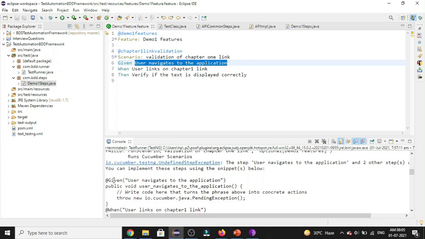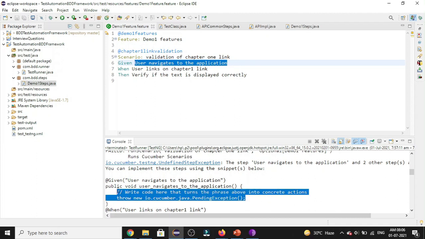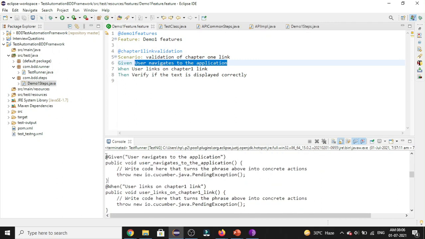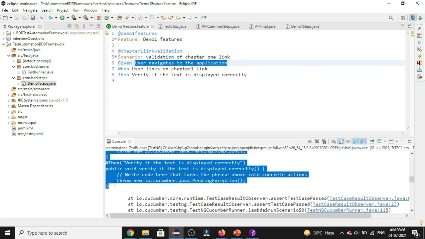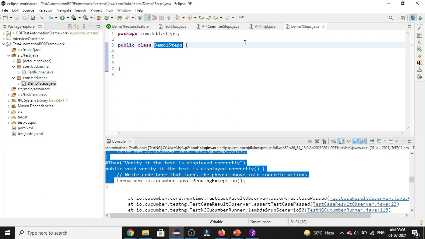It is saying use the annotation @Given followed by the test step, and under that we create a method with the name of the test step and we need to write the code for all the actions we want to perform. So let's copy the same and paste in our step definition file. I'm going to copy it and going to the step definition file and paste it.